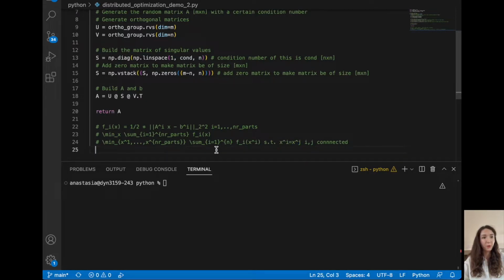All right, so let's define the objective function. Let me first define the A and B. So A, as I said, I'm going to generate with a certain condition number, and B, I'm going to generate from a multivariate normal, or maybe IID normal. So let's define something called the quadratic, which is going to be,